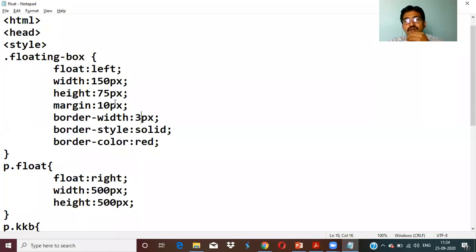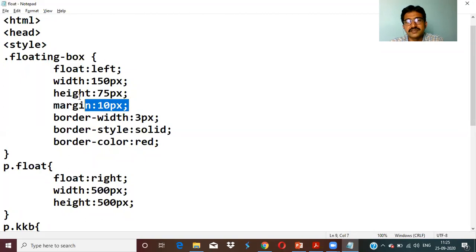Looking at the output, you can't say which property belongs to which one. That's why, for margin, border, height, width, float, you have to do everything practically and change the value so that you can understand what change it reflects in the output on the page. Then only you can understand the concept. If you clearly understand the concept, definitely you can write any type of properties.